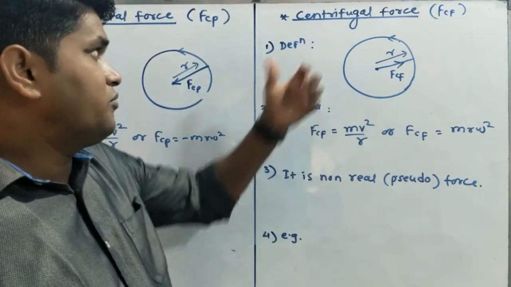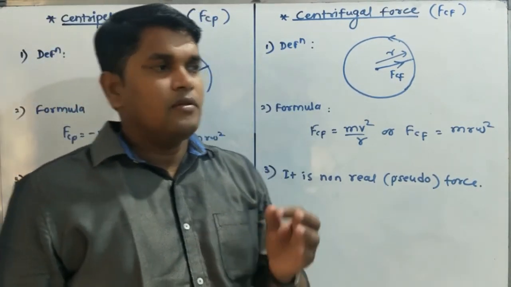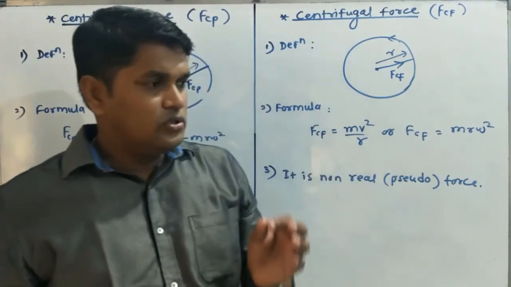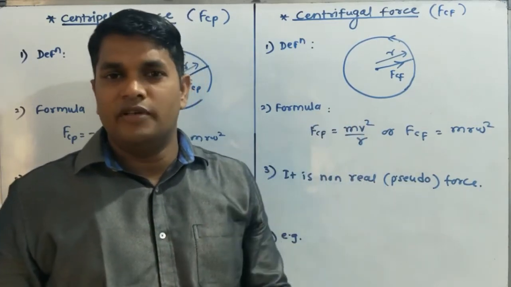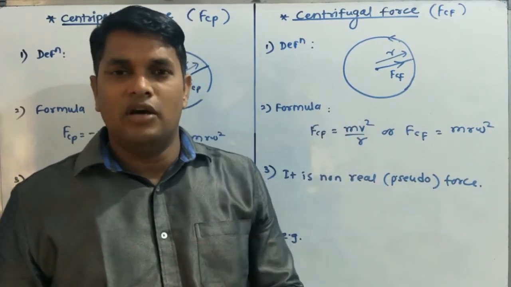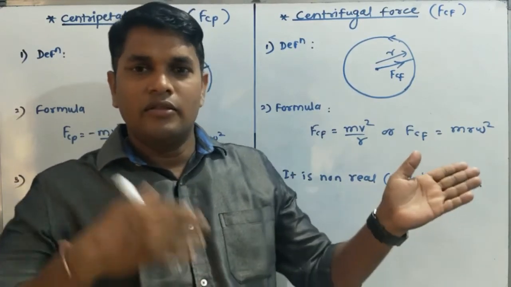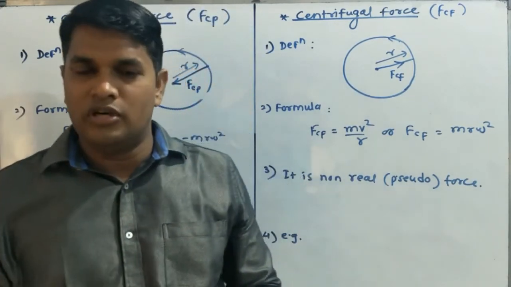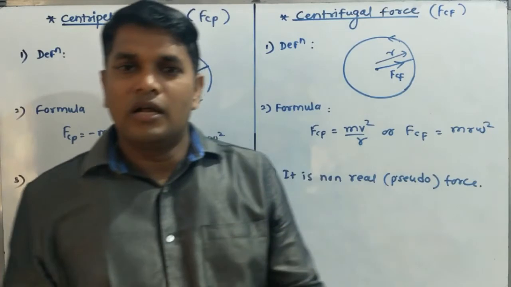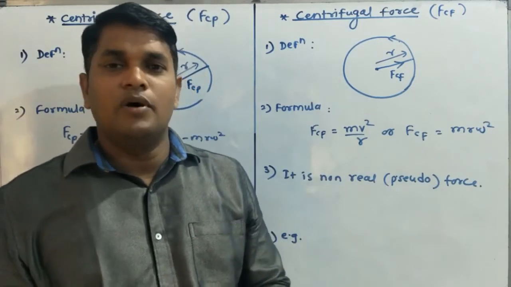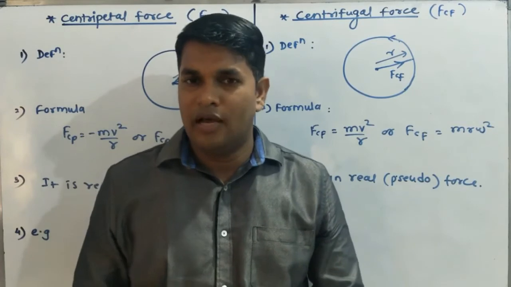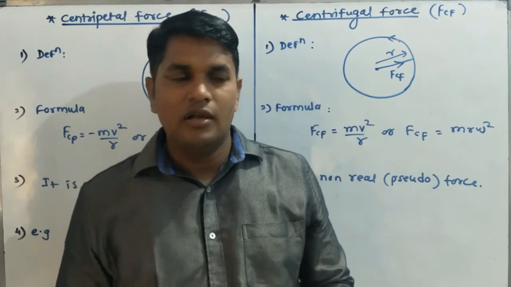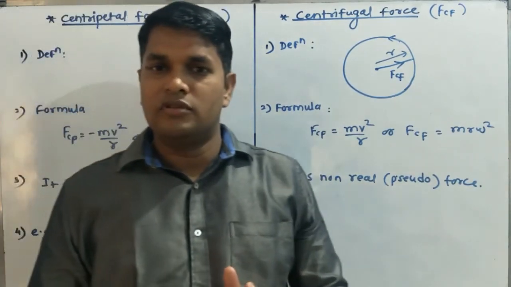Okay, and an example of centrifugal force: when passengers are sitting in a bus and the bus is moving on a road surface, and suddenly the driver makes a turn. Suppose the driver makes a turn to the left side, then we are pulled outside. So the direction of that force is away from the center of the circle. This is one example. Another example, merry-go-round. Third example, the mud flying off the tires. Again it is a centrifugal force. Understood? This is your centripetal and centrifugal force.